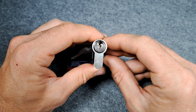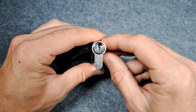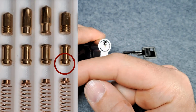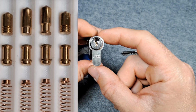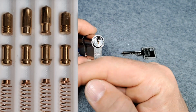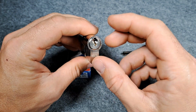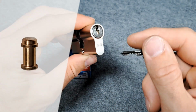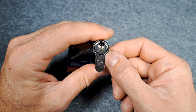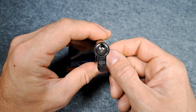But then I gutted it and noticed all the spools, I mean all of them, were installed like this basically. So with the interesting part down here, and not facing towards the shear line, this makes the spool not effective, and you miss all the fun part of the thinned out part here at the supposed top of the spool. So I turned them all around, put them back in, put the lock back together, and then we can pick it today and see if this increases security, if ABUS should check their quality control or so,